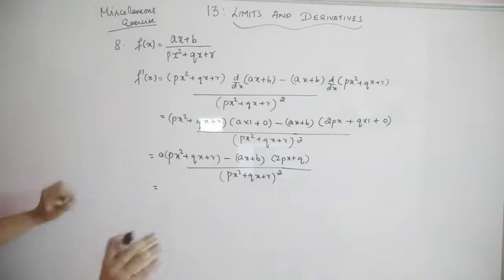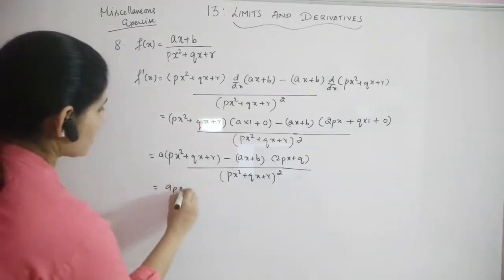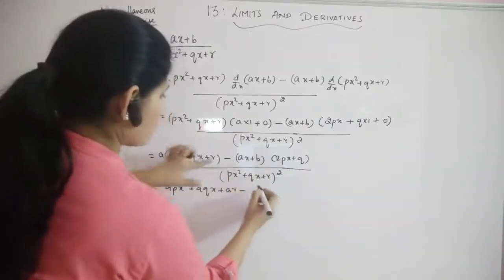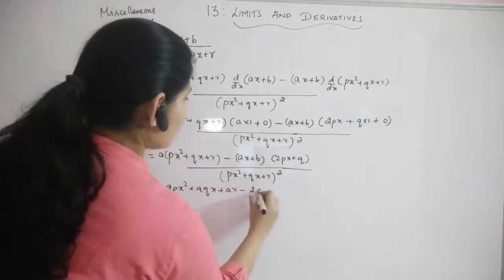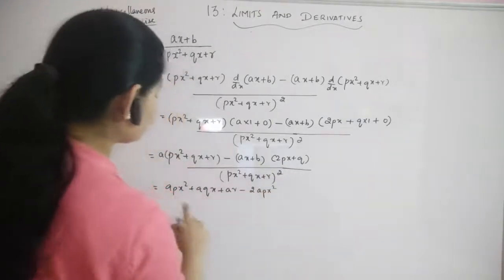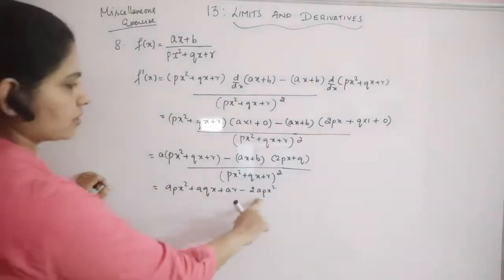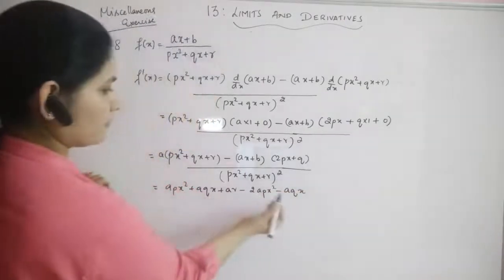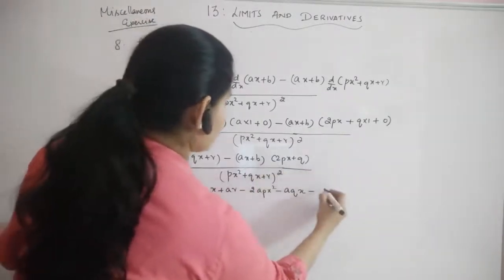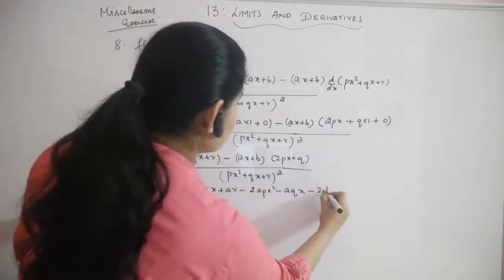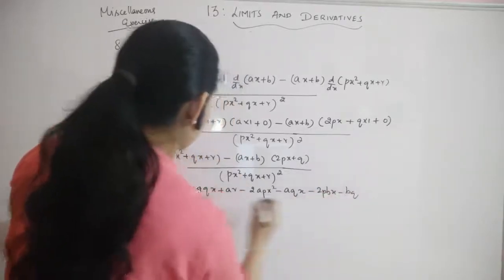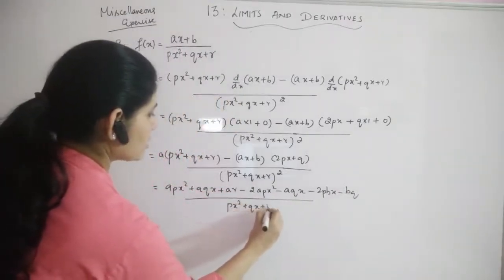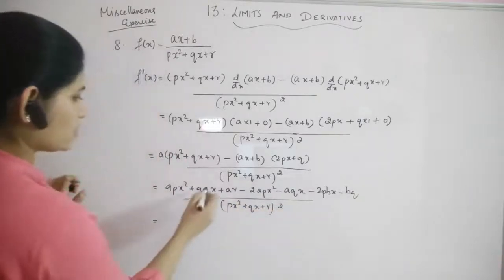Okay, so we are just expanding it. You will get apx² + aqx + ar. Here what will you get? Minus of, so everything will be minus: 2apx². Here you can say apx² terms. Then next will be minus aqx, then negative, what will you have? 2pbx minus bq, divided by (px² + qx + r) the whole square, which is equal to, here aqx